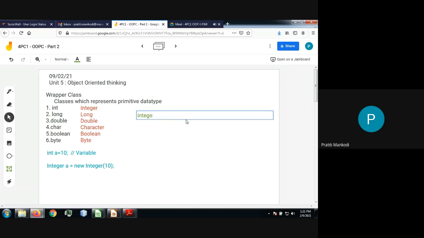Integer i is equal to new Integer(5). Fine. Here it will come capitalized.